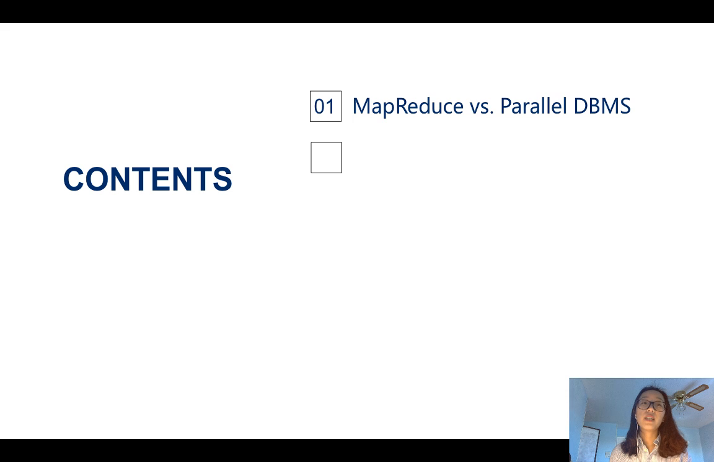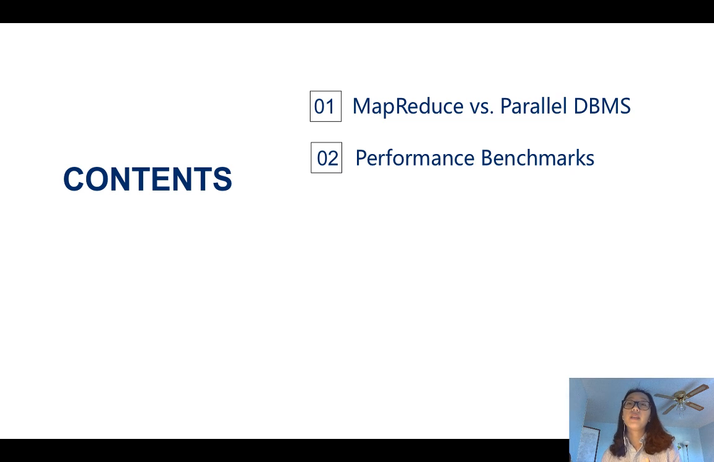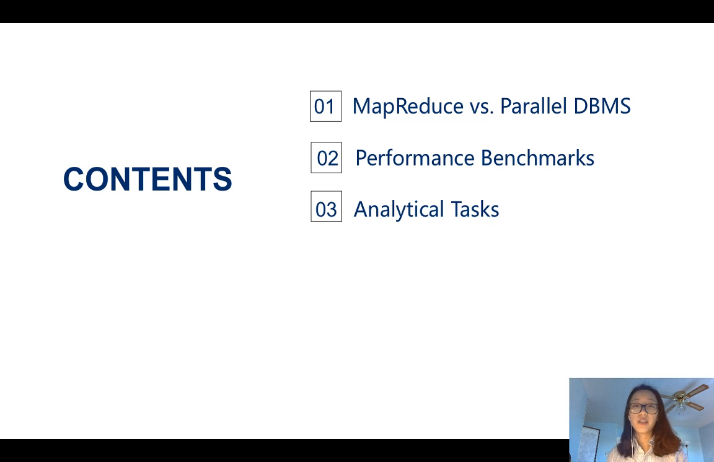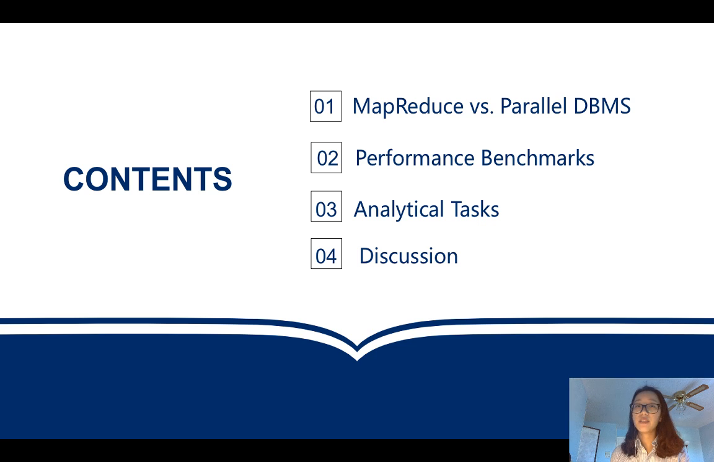There are 4 parts to this paper. The first is to introduce what MapReduce is and what parallel database management systems are. The second part is to set the performance benchmarks. The third part is to do the analytical tasks. And the final part of this paper is the discussion of the results and the comparison of the advantages and disadvantages of these 2 different systems. So let's go to the first part,